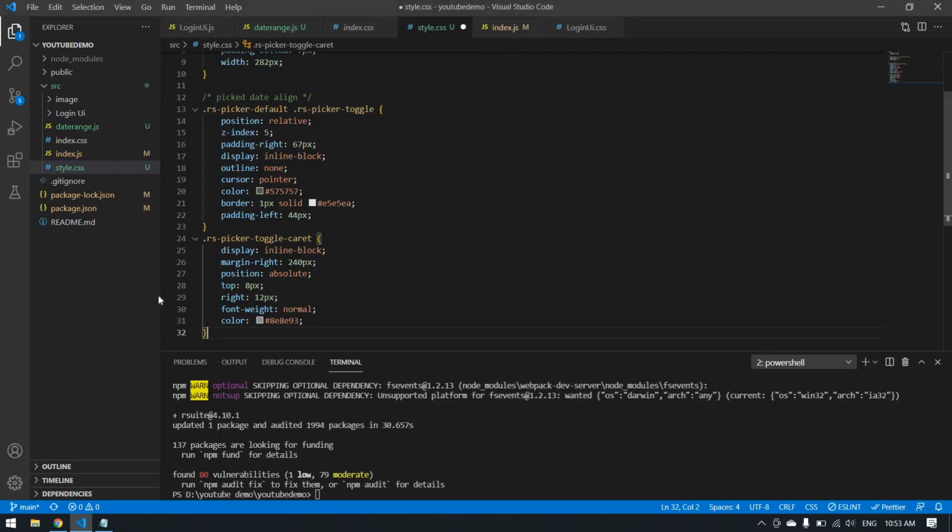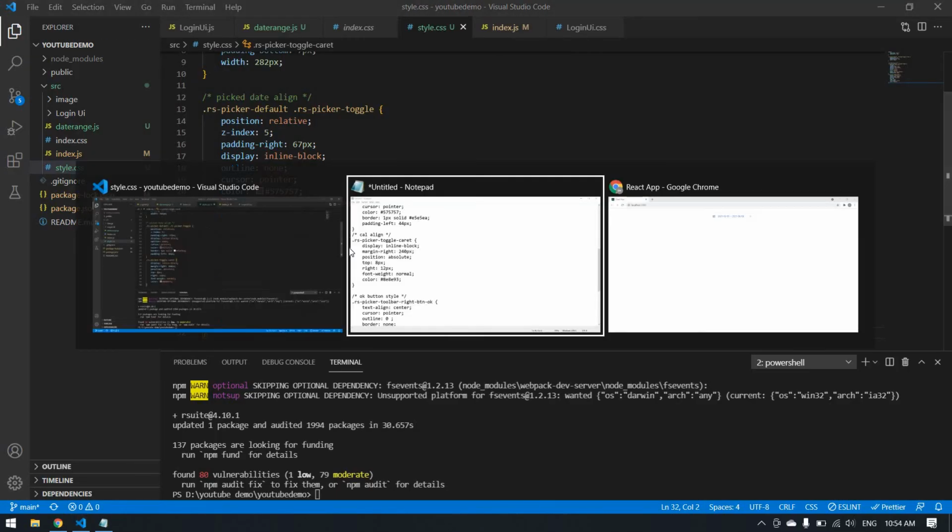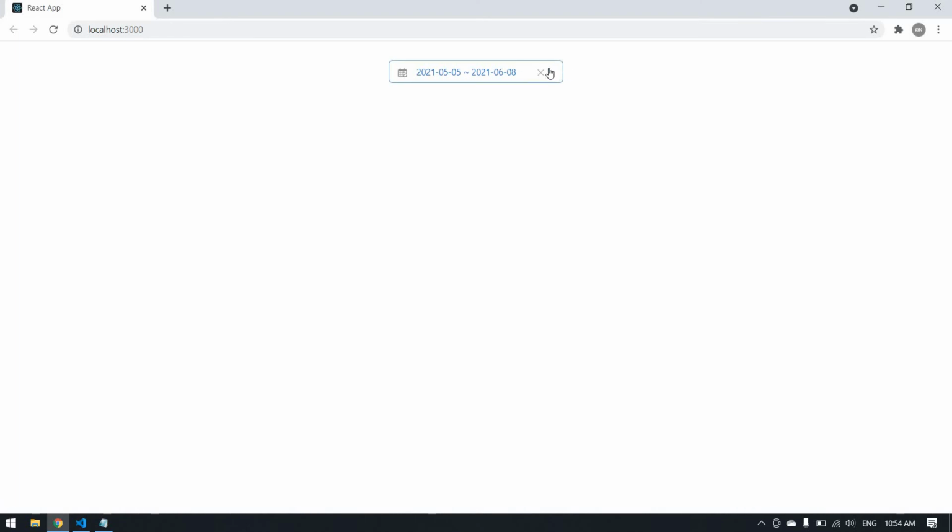That is for the calendar alignment. I will save and I will show you. Yeah, the calendar was initially present in this place. After I change the style, I get this calendar icon in front of this date. Okay,